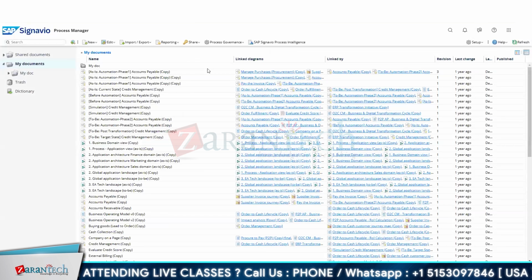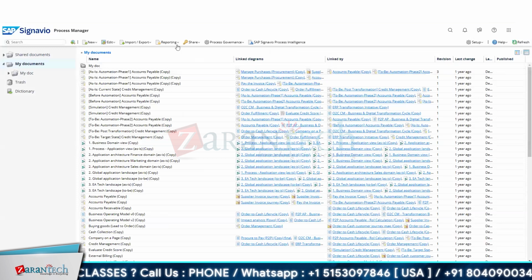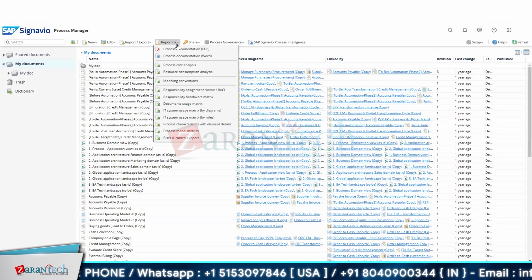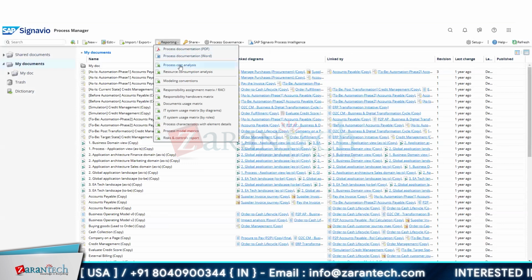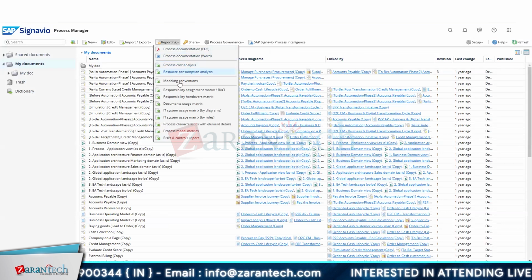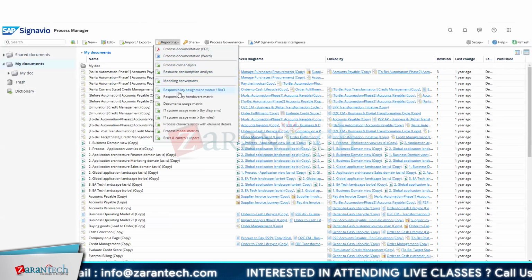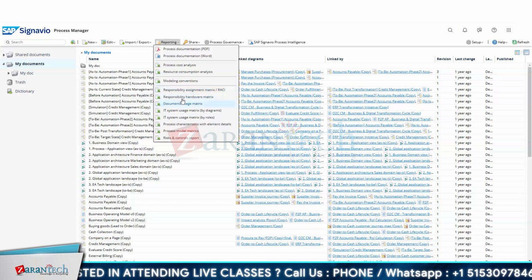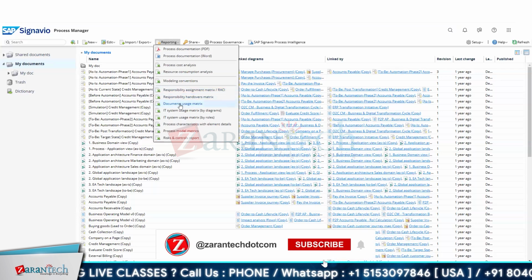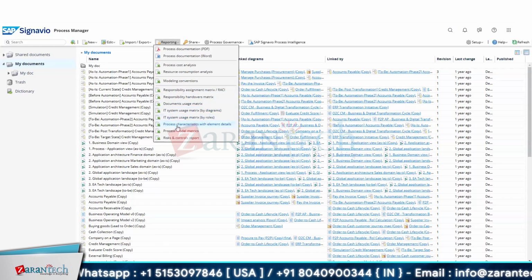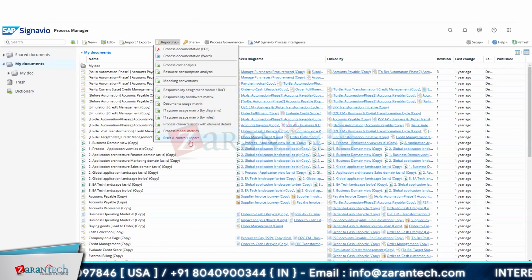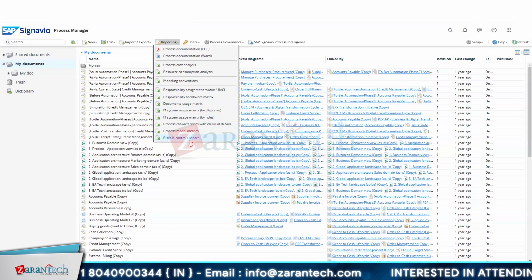It is going to create the process documentation in the form of a PDF or Word document based upon a predefined template. You can also define your own template. You can do the process cost analysis, consumption, modeling convention. You can create a RASI matrix for your process, for one or hundreds of processes in one go. Also the matrix, document usage report, IT system usage report if you want to create it by roles or by diagram, process characteristic element model, risk controls, and all the user reports: who logged in when and how, what they have done,